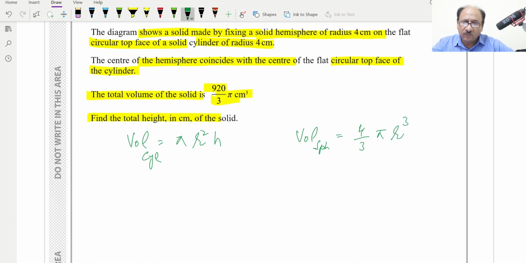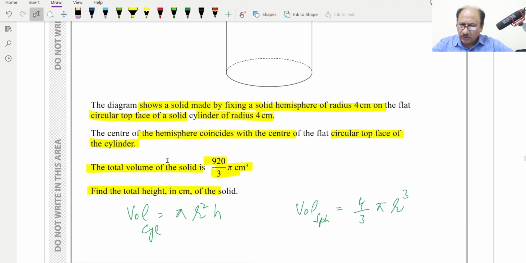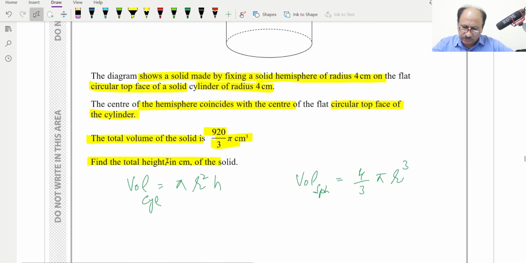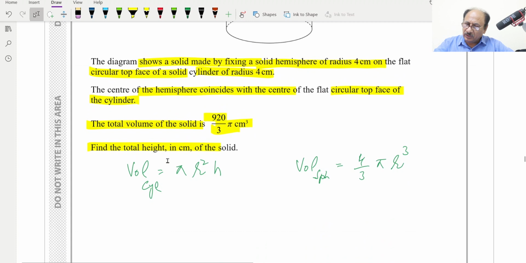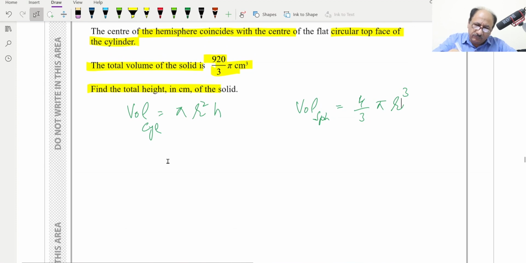This is the volume formula with pi r cubed, yes. So this is pi r squared h, and this is 4 by 3 pi r cubed. Now we will be applying this formula, and we will be adding this one, like pi r squared h. R is 4, so we will write 4 squared, and h we don't have, which we will have to find,